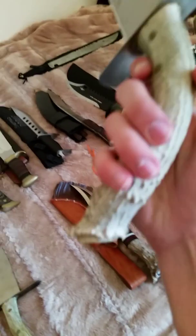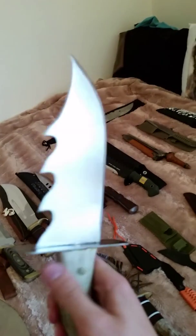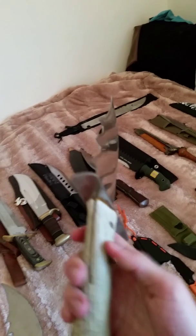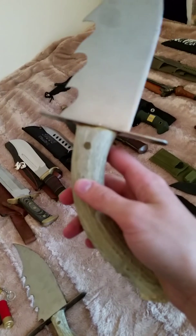Both made from real buck antlers, and I got these for free because I found them in my great grandpa's garage. So I was like, oh, must be mine. So the tang goes pretty far down. I mean, if it went all the way through, that wouldn't make any sense because the antler would just not